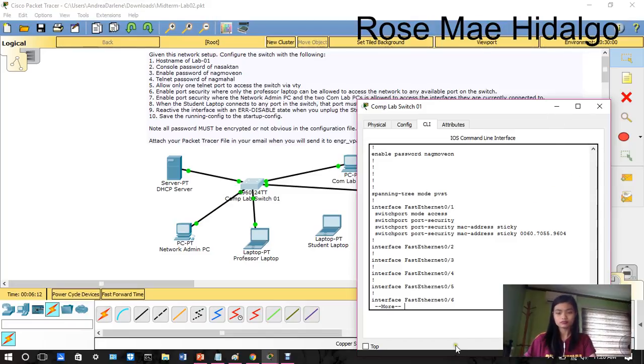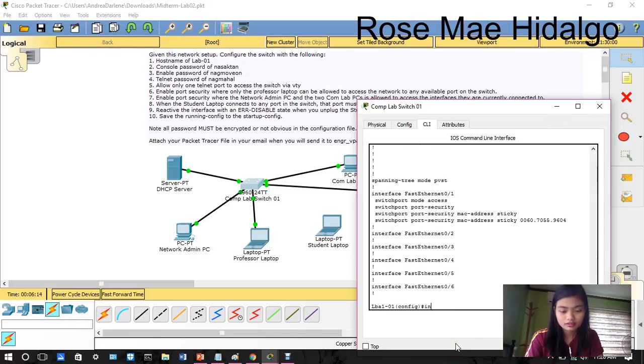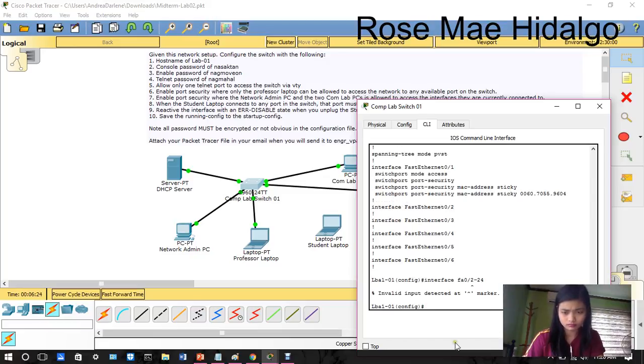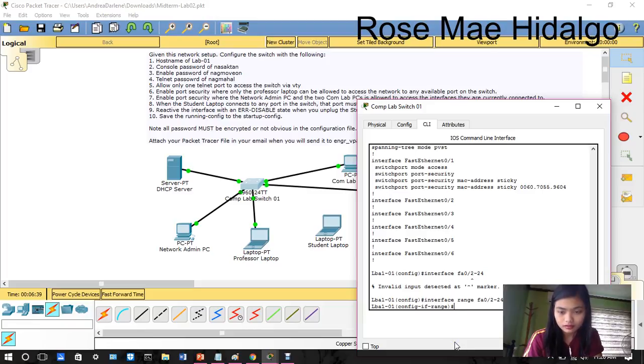So interface range fa0/2 to 24. Oh, why is it wrong? Interface range fa0/2 to 24. Oh, that's it.